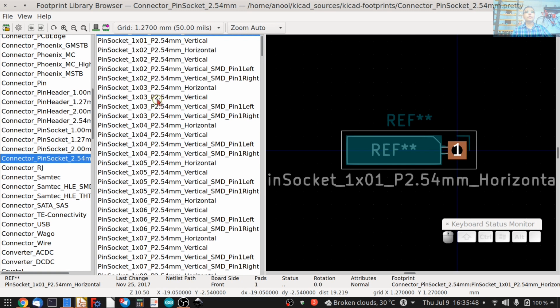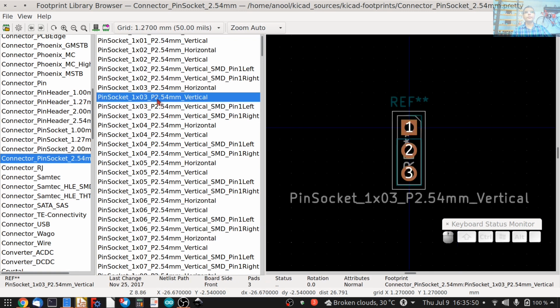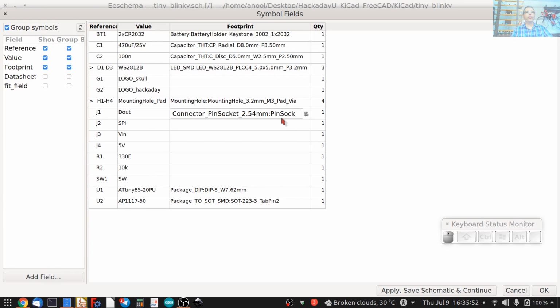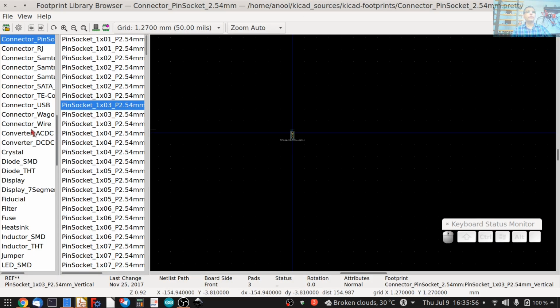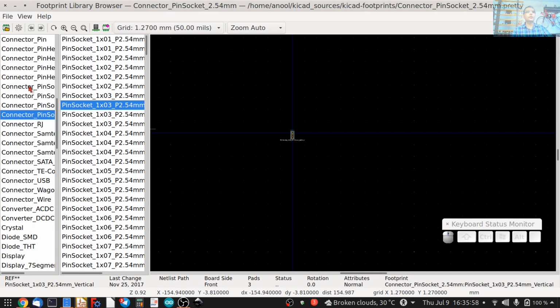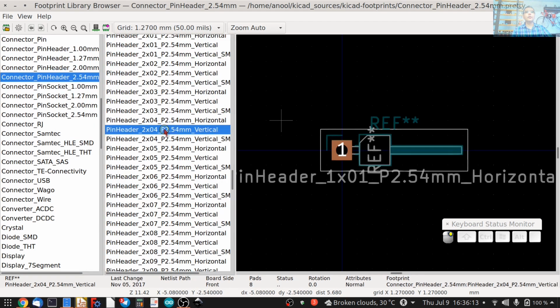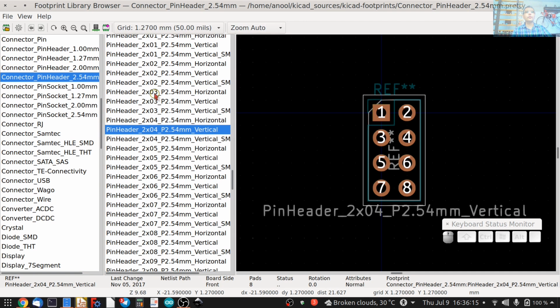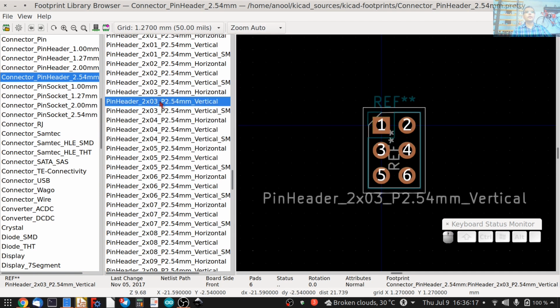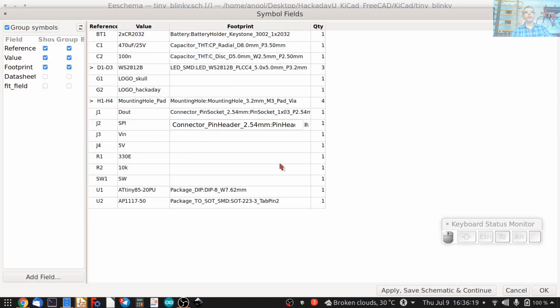So it's going to be 1x3 vertical like so. Let's choose that. SPI is a 2x3 male header, and we need a vertical. Oops, that's for this one. And choose that. So that's your SPI or program header.